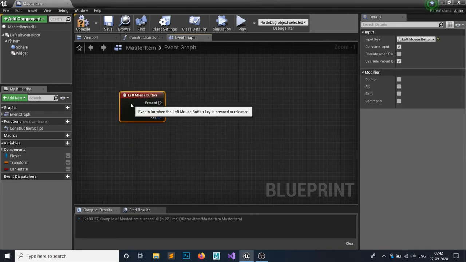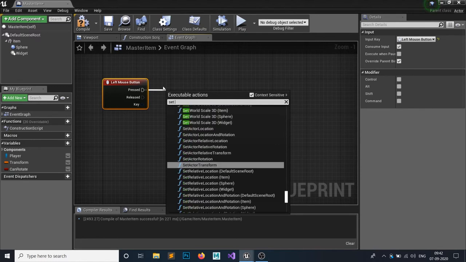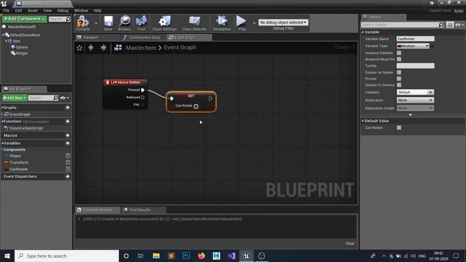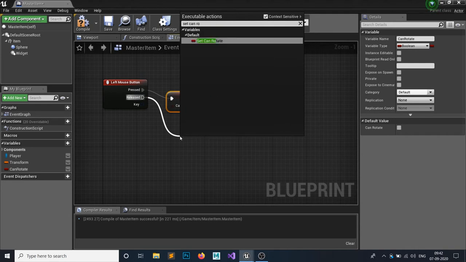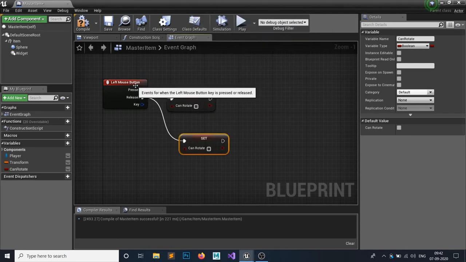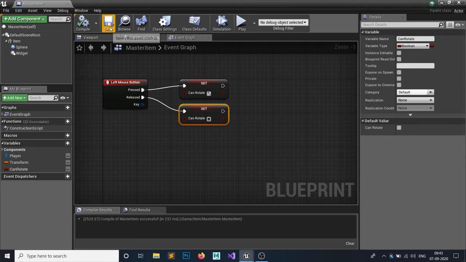If it's pressed, then we set can rotate to true, and if it's released, then we set can rotate to false.